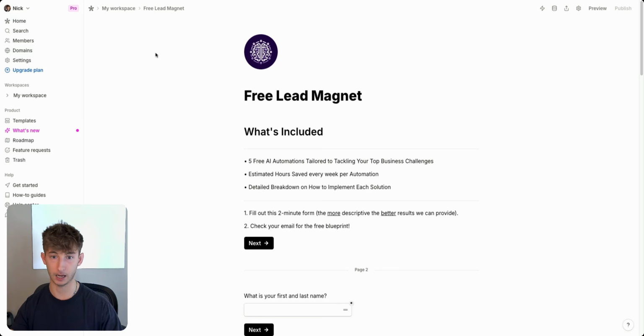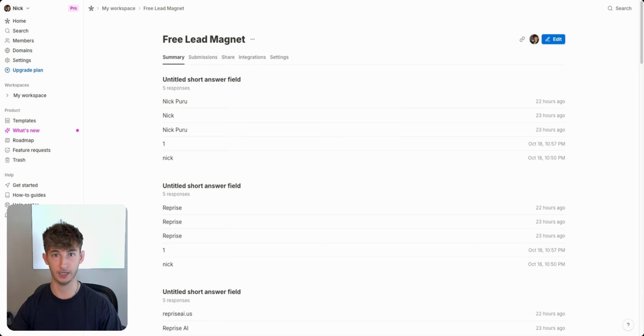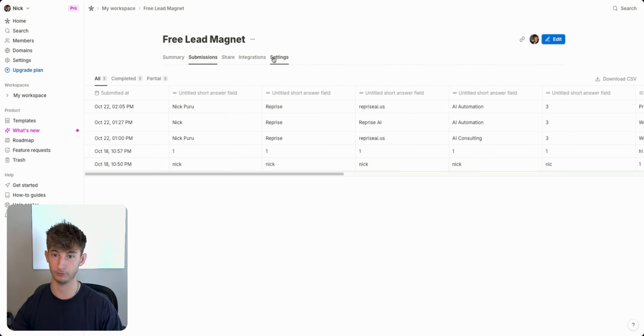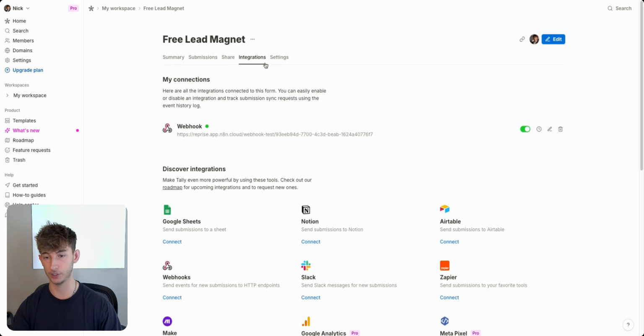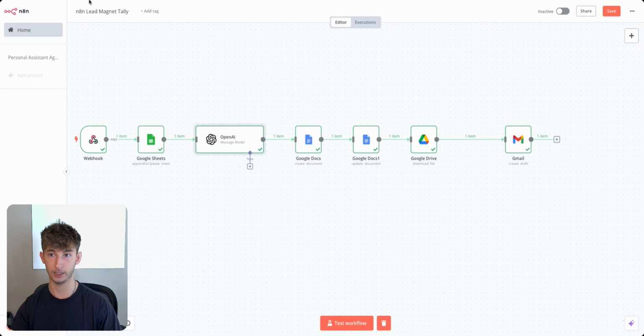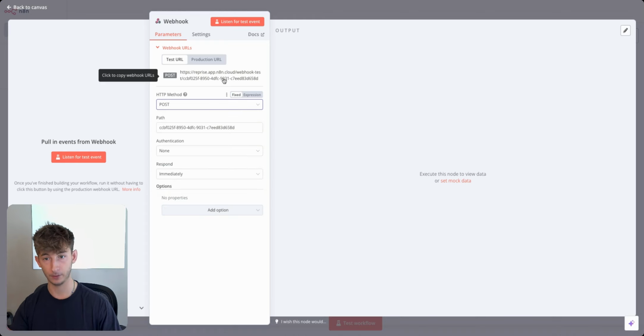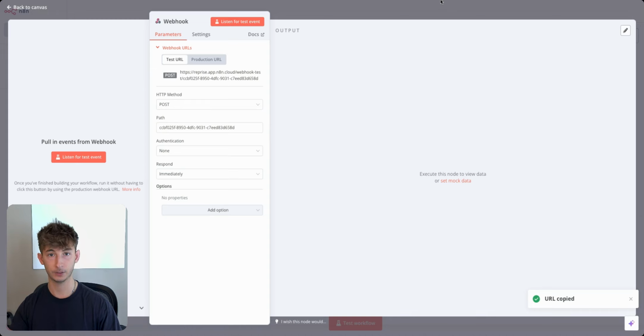But anyways, we're going to be backing out. And as we mentioned earlier, we have to connect our webhook to our form. So anytime somebody fills out this form and we get any new submissions, it's going to trigger our automation to run. To do so, we'll come into integrations in the settings, and I already have my webhook connected, but I can just delete this right now. So I'll just remove that. What I'll do now, I'll come back to n8n, I'll find my webhook, and basically I'll copy this test URL. We'll make sure it's using HTTP method as POST, but we'll copy this URL, just click right here, go back to Tally,